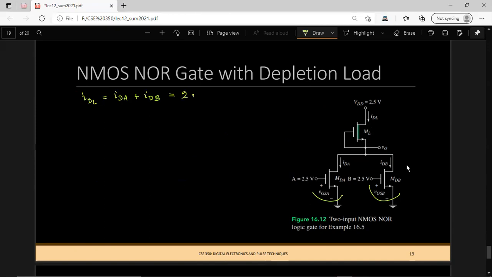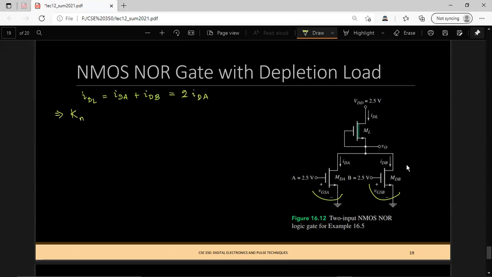Here we are just using the symmetry. Now this should be capital KNL times (VGSL minus VTNL) squared